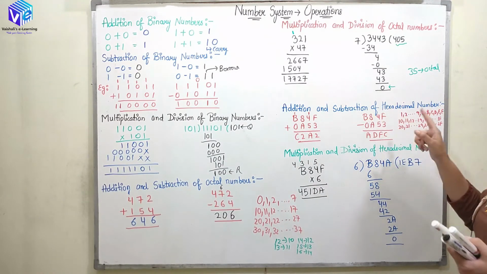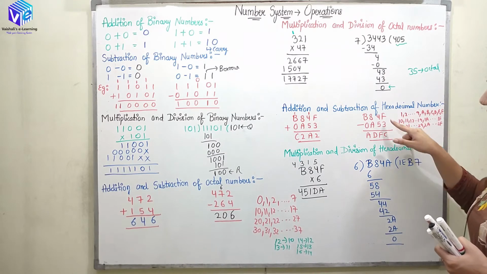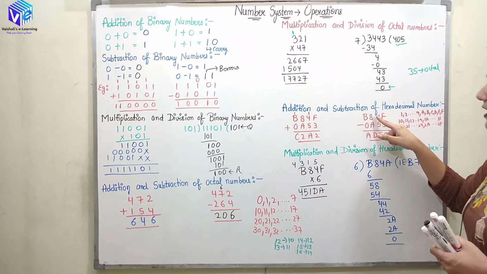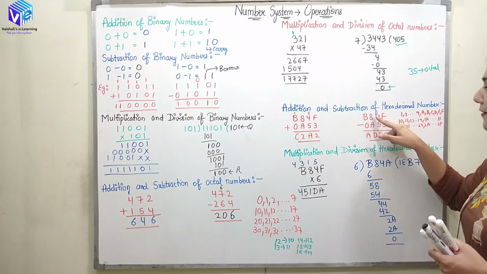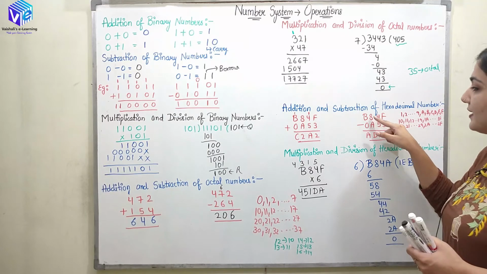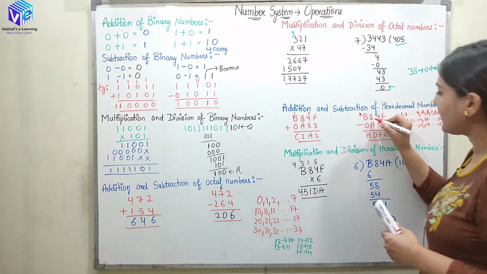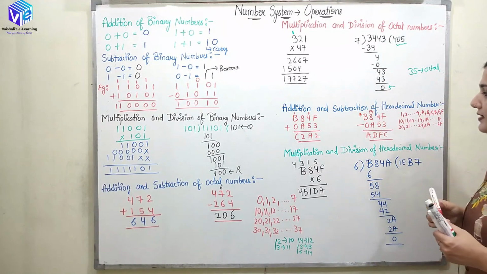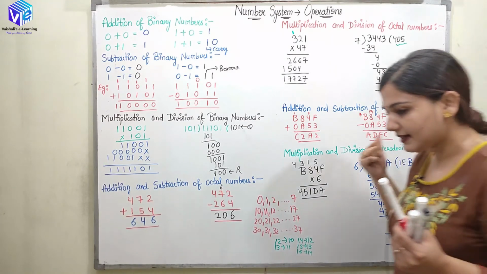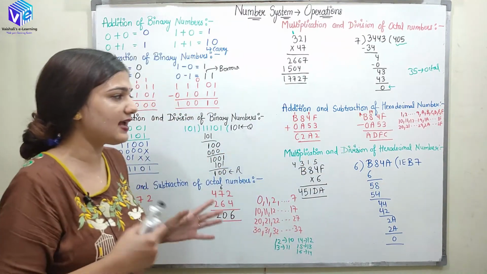Now if I subtract the same number, B84F minus 0A53, if I subtract 3 from F, I am going to get C. If I subtract 4 from 5, right, it is not possible, so I will be taking a borrow and I will be subtracting 5 from 1, 4 and I will be getting F. Here I am left with 7, again I have to take a borrow. Here A is left, what is left over here? A, right? And here we will be having 1, 7, right? So A is subtracted from 1, 7 and I am going to get D, right? So this is how you can get the subtraction as well. A is coming as it is, ADFC is the answer.